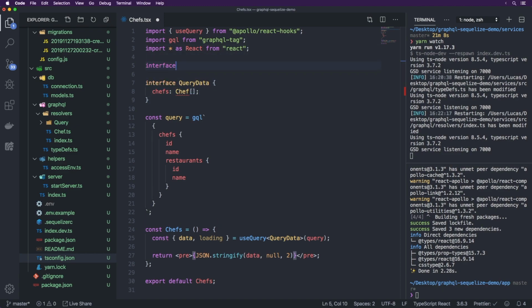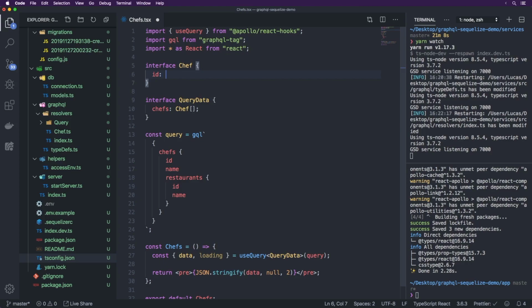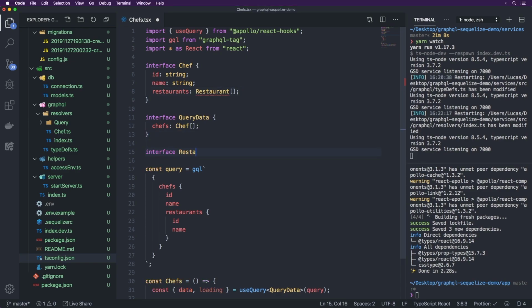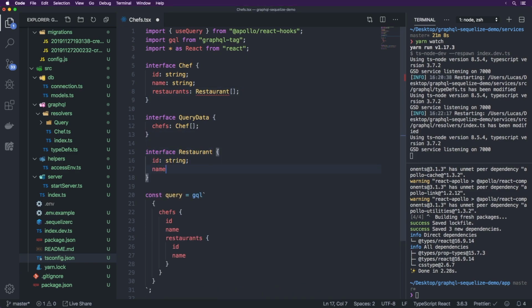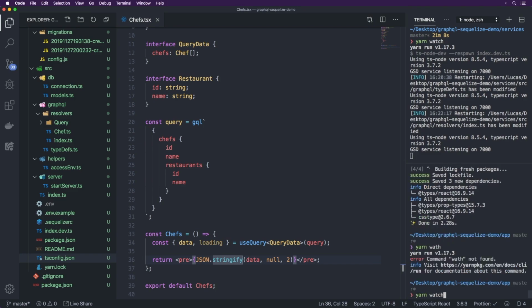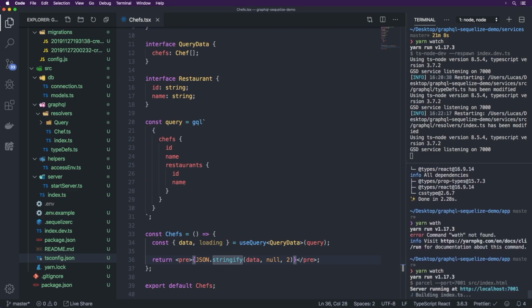And then we're going to add in a Chef interface, and then Chef is going to take id string, name is a string, and then restaurants is going to be an array of restaurants like that. And then for the restaurants, we're going to go here, interface Restaurant, and then id string, name string like so. So now that we've specified that we have the data and we're showing it on our page, we should be able to do yarn watch here, if I can spell that correctly,